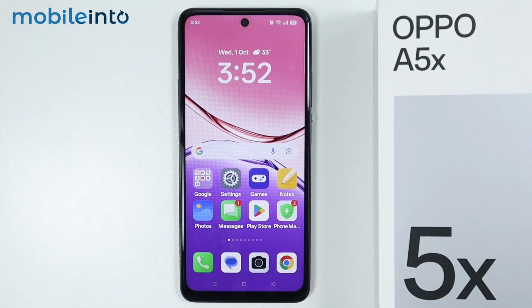Hey, what's up guys? So in this video, we will see how to turn off running apps on the Oppo